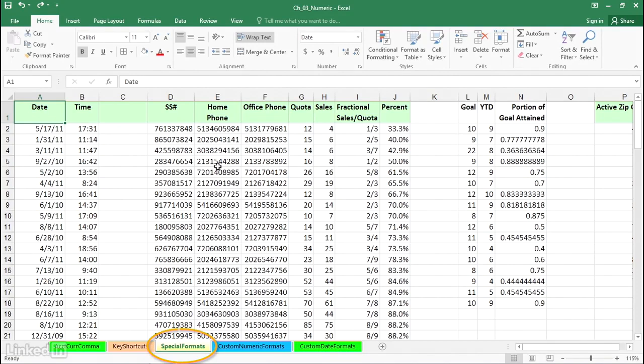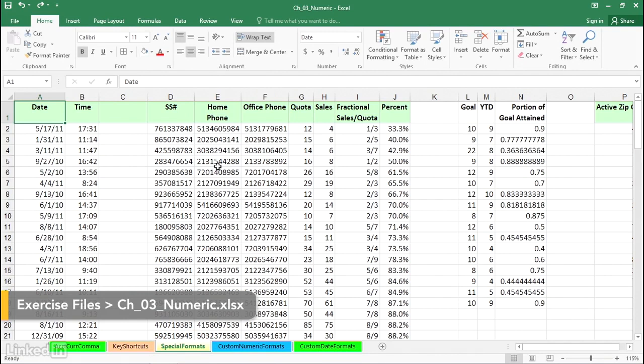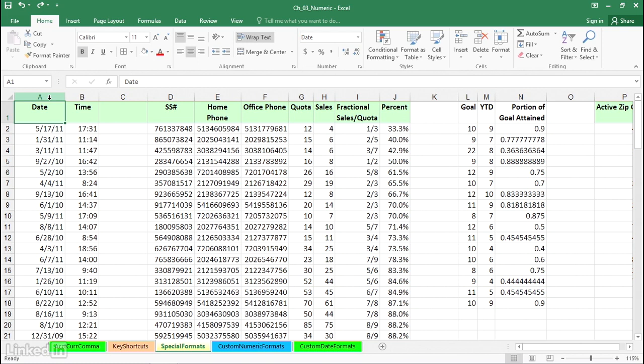We're on a worksheet called Special Formats. Excel has a number of built-in formats and also the capability of creating your own. In this worksheet over in column A, we've got some data entries. Nothing wrong with that. If you'd like to see a 4-digit year, one quick way is on the Home tab,